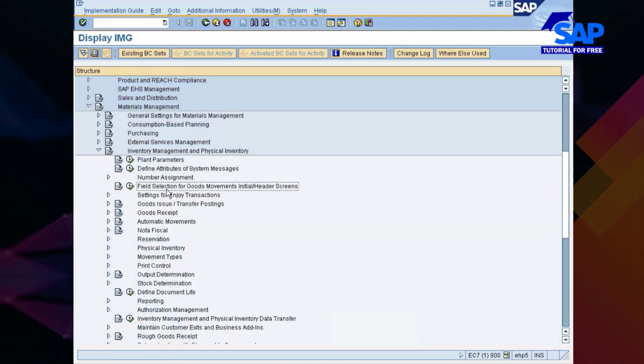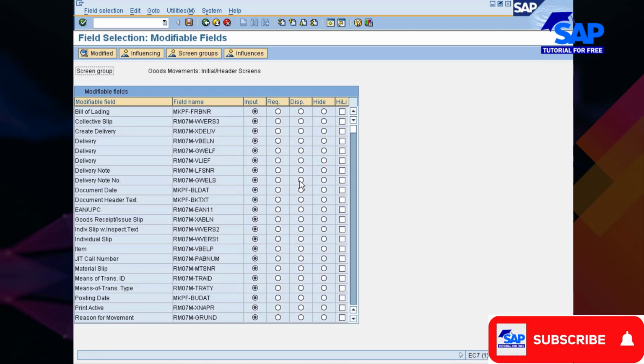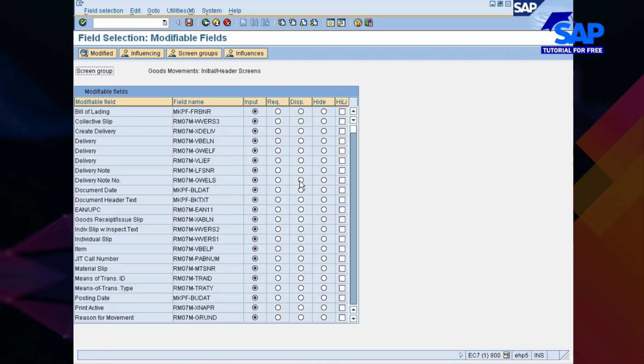Now, field selection for goods movements or initial header. Let me just go with this as well. Like you have seen in material master, vendor master, and even in purchasing, how to make a certain field optional or mandatory or suppressed.